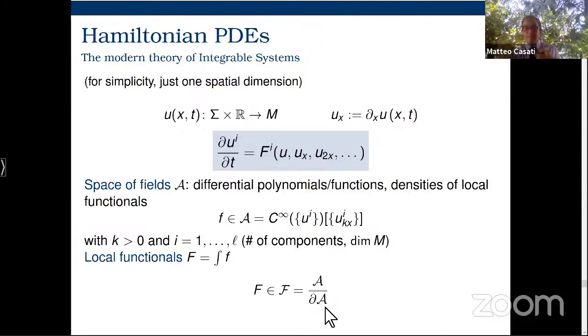The idea in the background is that if you have functions that vanish at the boundary, vanish at infinity on the space, then you can integrate by parts without taking into account boundary values. Or if you are working, as many of the early people here, with periodic functions, you don't have boundary terms, and then your integral operation allows you to integrate. Your integration by parts is what characterizes your space of local functionals, and this is the space where you can integrate by parts.